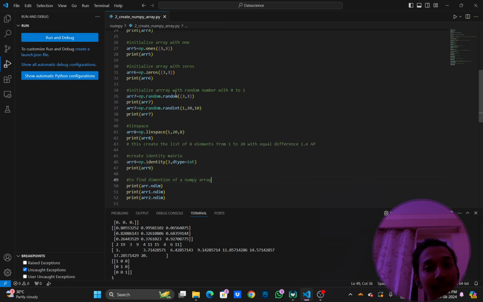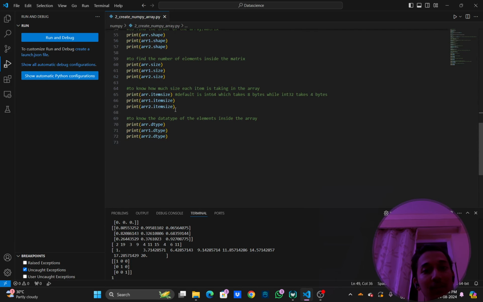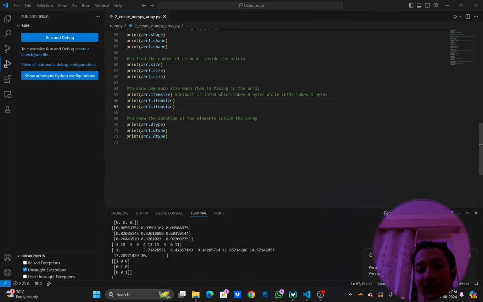I think I have typecasted something else there. Let's see. So this itemsize, the default is int 64, which will take 8 bytes, and int 32 takes 4 bytes. Okay. So normally in C language, we say that integer takes 4 bytes of space in array, or whatever data type it is. So integer takes 4 bytes of storage. In case of C and C++, we say that, but here we say,